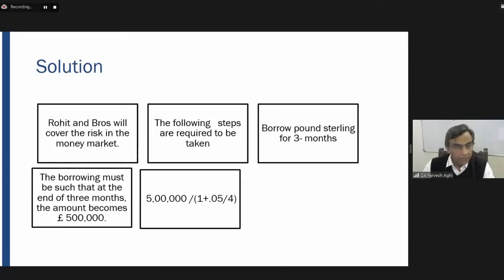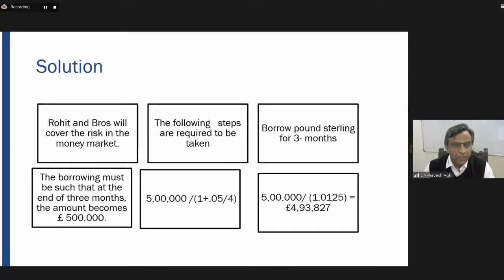So 5 lakh divided by 1.05. We know that the rate of interest is 5% per annum, divided by 4, because he's going to receive the money after 3 months. So that means he has to borrow